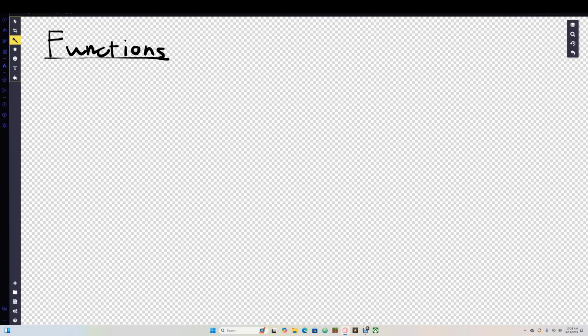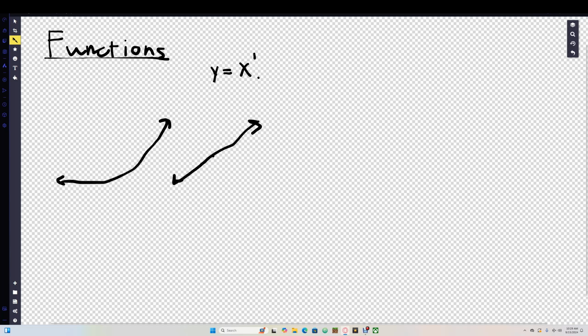Now, let's talk about interpreting functions. Well, the first term I want to talk about is linear. So when it's a linear function, it means that it is a straight line. A nonlinear function might be a curve like this. And what a linear function tells you most of the time is that it's going to be y is equal to x to the power of 1. So there could be other coefficients or constants with it, but normally it's going to be x to the power